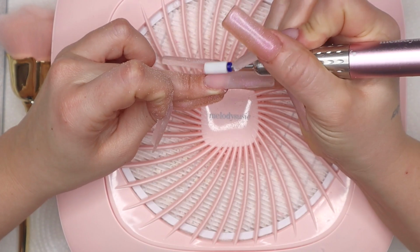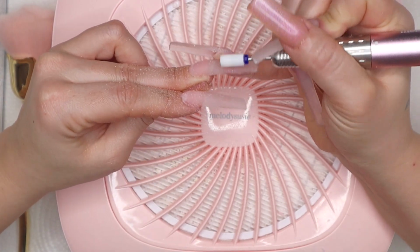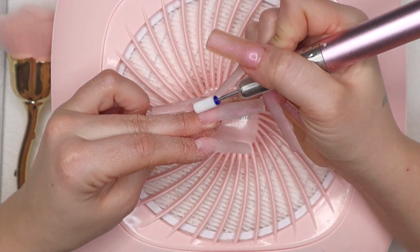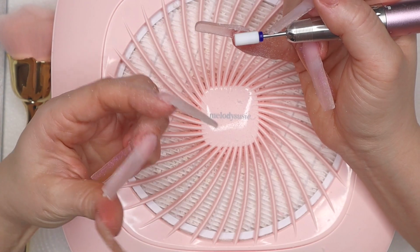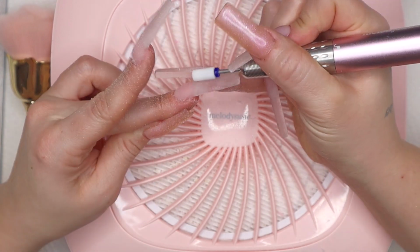So I usually start around the cuticle area to file that down really low. That's what I like about this bit. I can get behind the cuticle area and seal it properly, just because of the way it's designed, I think. And I can do it without cutting myself, so I'm here for that. But yeah, I go around the cuticle area and I file that down first to seal around the cuticle, and